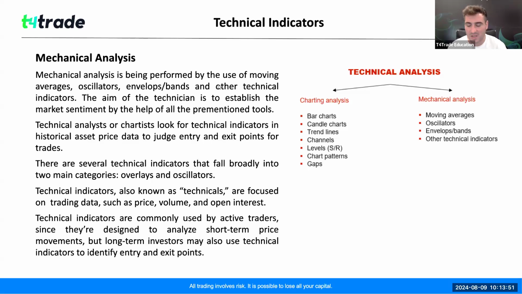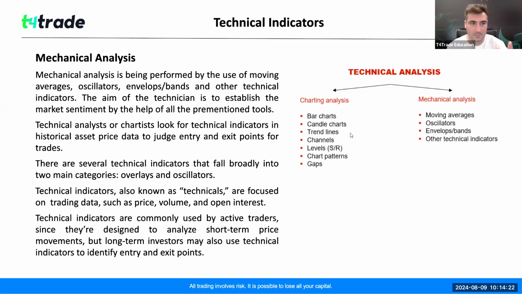Is a branch that falls under technical analysis, which is the study of past price action. And in a sense, that's what technical analysts and traders do in order to come up with a hopefully accurate scenario on how to approach financial markets, more specifically any given instrument, and trade accordingly with that information that is provided by the various tools that they have at their disposal, which fall under the categories of charting